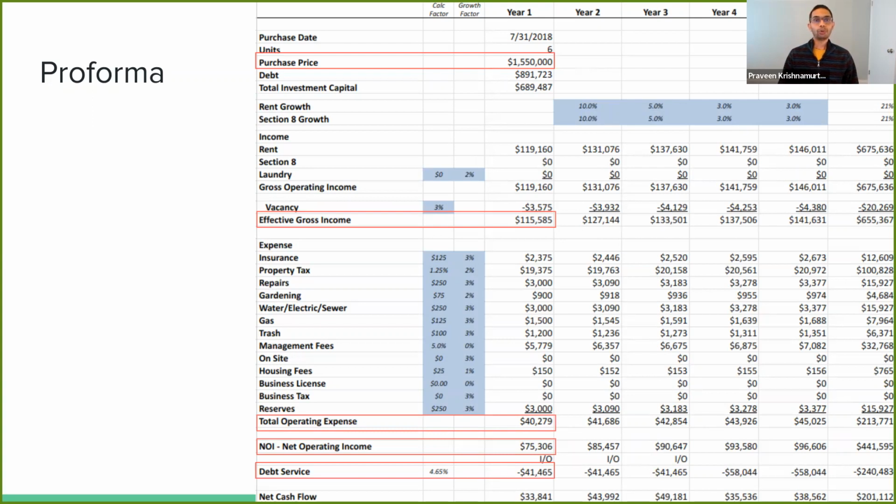Now, as you can see, the spreadsheet looks intimidating and complicated because it has everything on it. It's really a financial model for your business plan. So it's not only very important to have a comprehensive pro forma, but it's equally important to capture accurate estimates and numbers